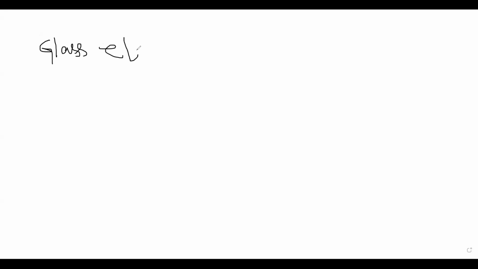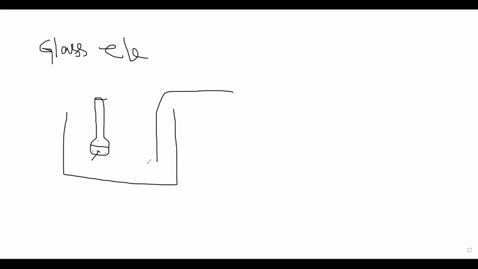Glass electrode. In the glass electrode there is a bulb-like thing. It is nothing but the glass electrode, my dear students. In this bulb we are taking 0.1 M HCl, and it is placed in another cell that is known as the indicator electrode. Yesterday we had seen that the indicator electrode contains analytes.